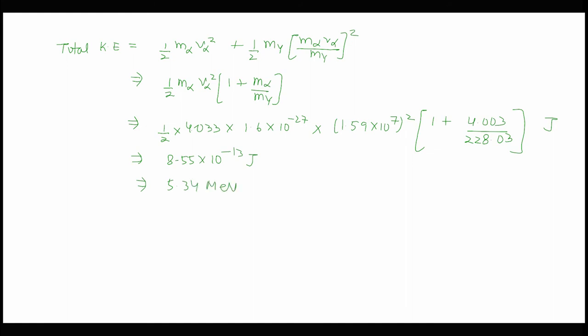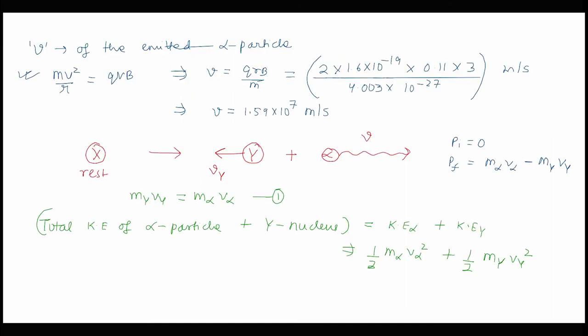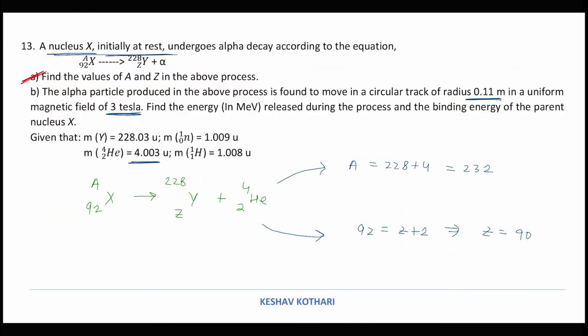Now what we are doing is we will be calculating the mass equivalent to this energy. Now why are we doing this? So if we come back to this problem, the problem is asking us to find the energy released in mega electron volt during this process, and then it is asking us to calculate the binding energy of the parent nucleus X. So in order to calculate the binding energy of the parent nucleus X, we are finding out the mass of X. So for this we will be calculating using mass of X will be equivalent to mass of Y plus mass of alpha particle plus mass equivalent of the energy. So hence we are doing this calculation.